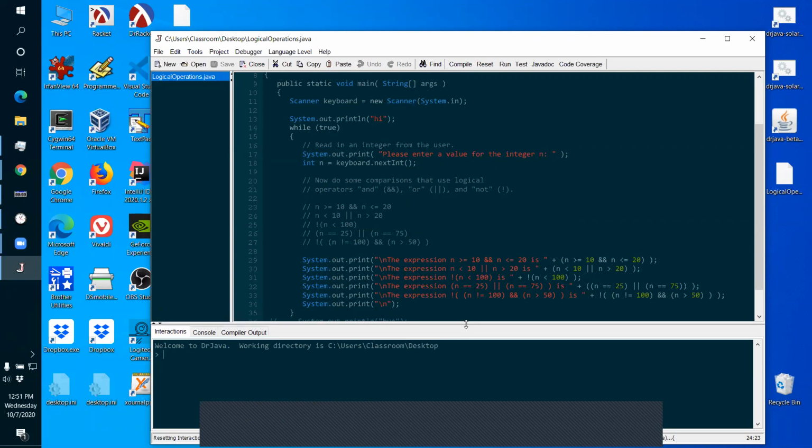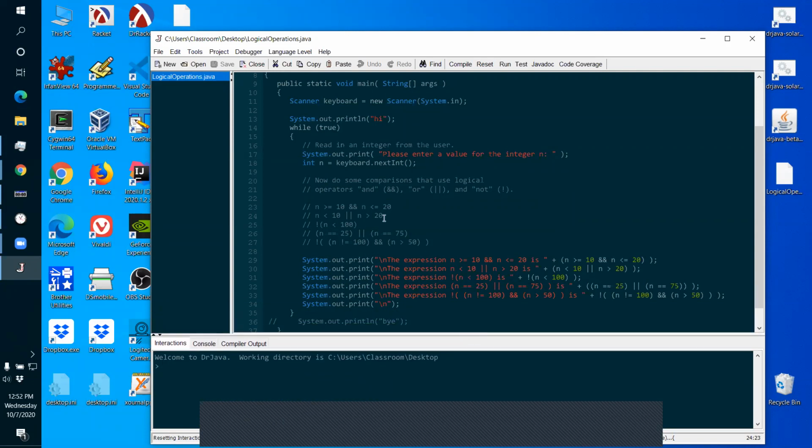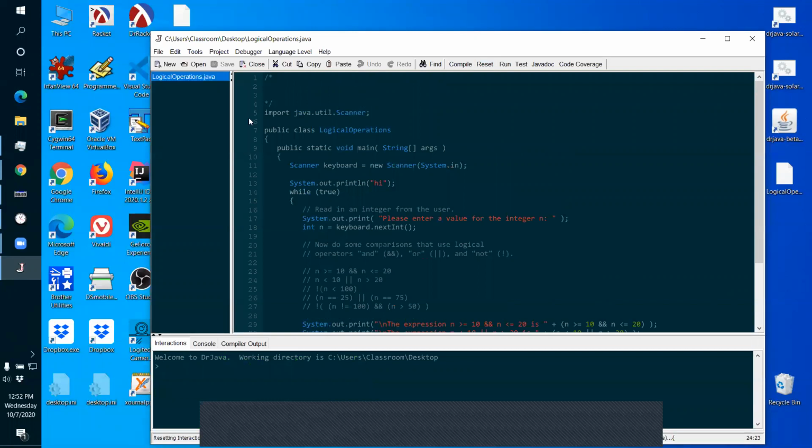Now that we're into the loop world, you could easily write a loop like this that just never stops. And if you do happen to write a loop that never stops, Dr. Java will let you use reset to stop it. Okay. So let me write a real dumb little program. I'm going to write